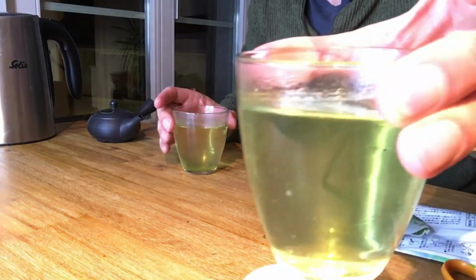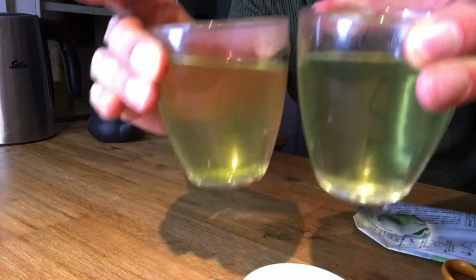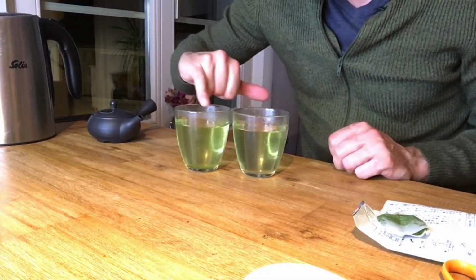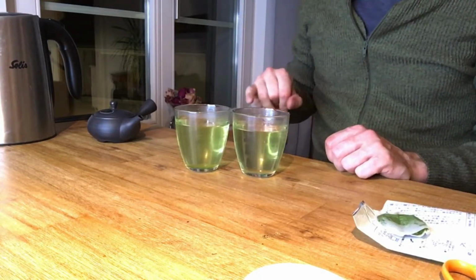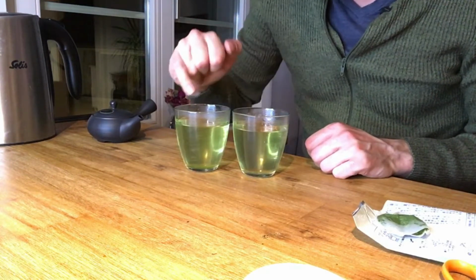And then we have here the tea. So this is the Teabag tea and this is the Kyushu tea. So you can see that Kyushu tea seems to be a little bit more golden, but I don't see too strong a difference here, as in my last experiment where I compared a strainer versus a teapot, there I definitely